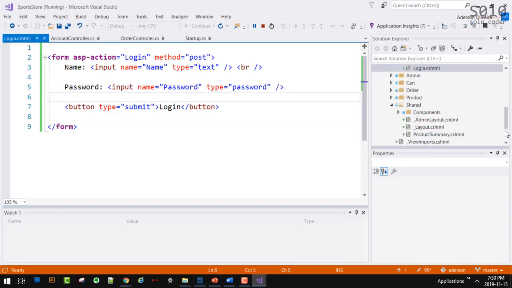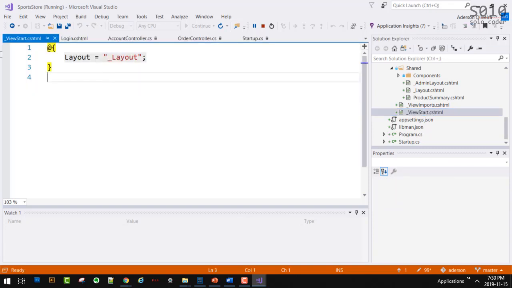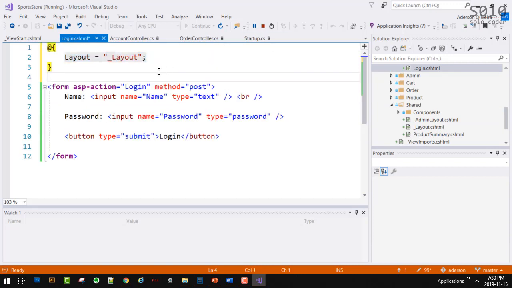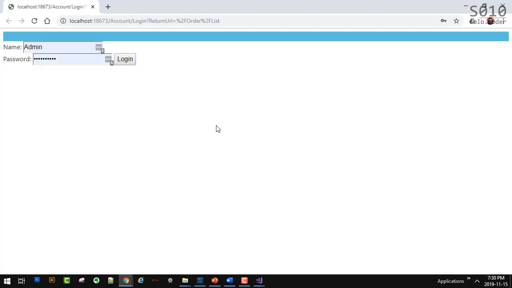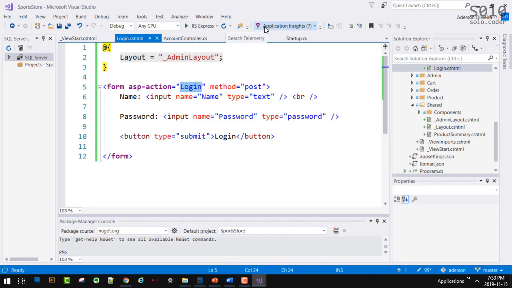By default, it's using whatever is in the view start, so it's using the standard layout. We're going to change this to use the admin layout. So let's save and refresh the view. We're going to see another template coming up. So here is the other template. Now, of course, this is not login yet because we didn't create our login action, our post action.